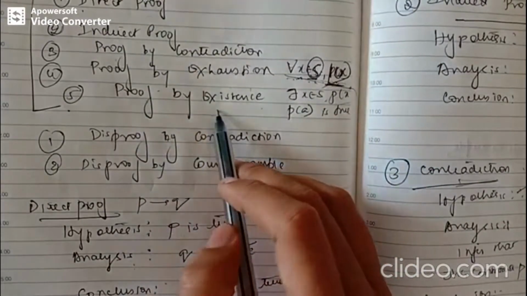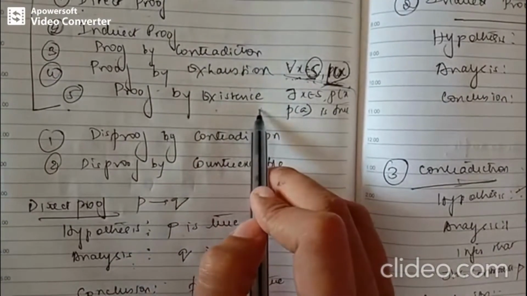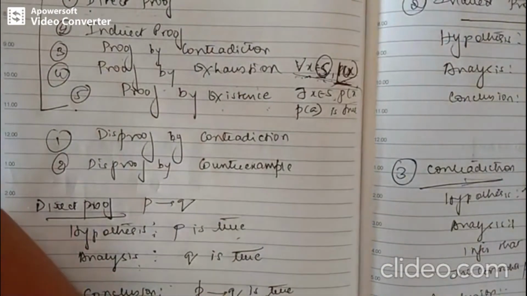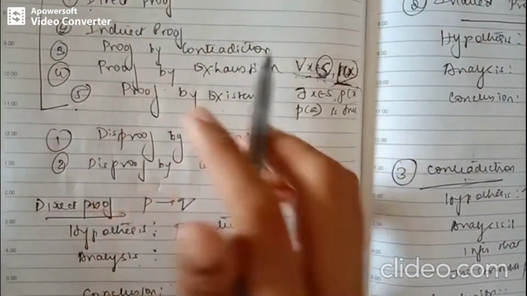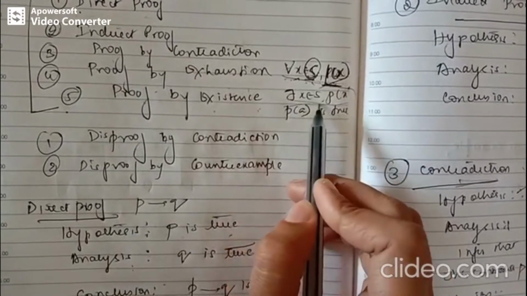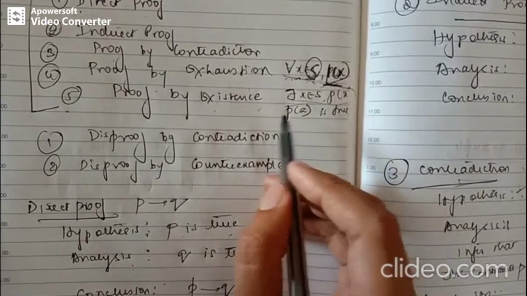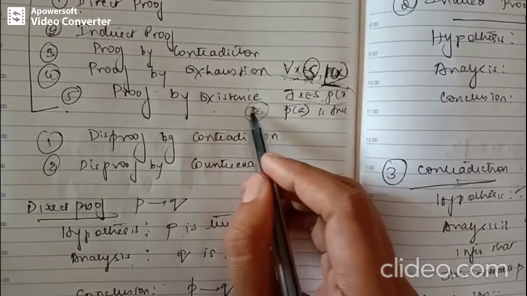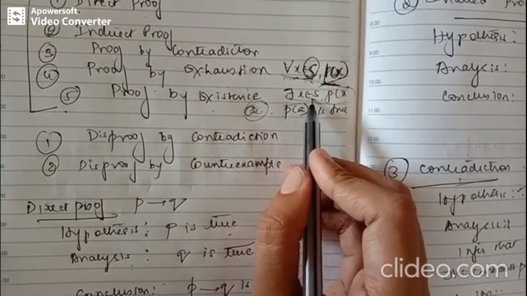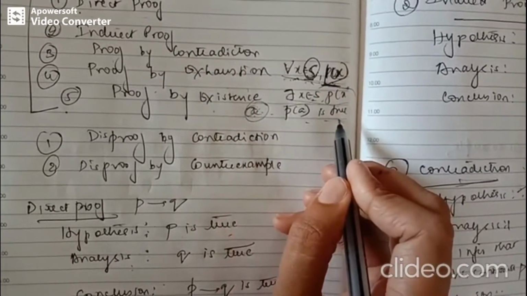So coming to the last proof, that is proof by existence. So in this proof by existence, we need to check out for one particular entity in the universe. That is, we can write the quantified statement in this form. There exists x belongs to S, comma P of x. So we need to check out for one quantity, let's say A. Okay, so where A belongs to the universe, let's say S. And if we know that for A it is true, we can say that P of A is true.